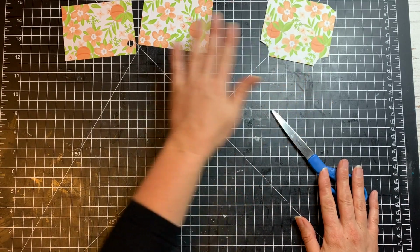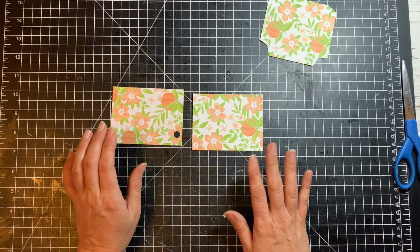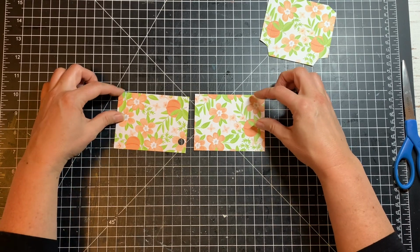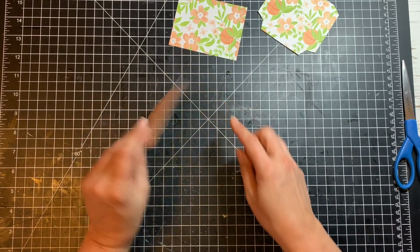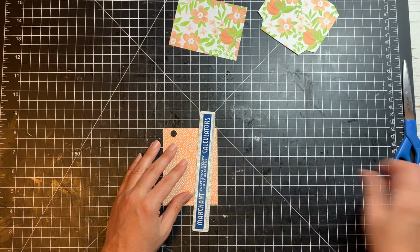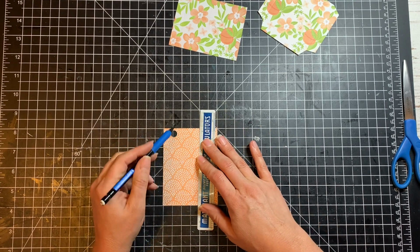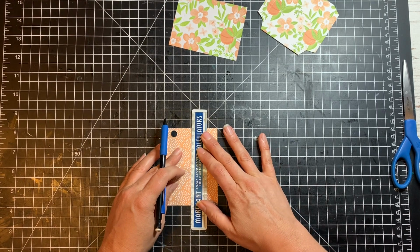Okay. And then for the side pockets, before we cut anything, we're going to make a mark first. So here's where you need to decide which side you want to be your top portion. Because what we're going to do is on the back side, from the top down, make a mark 1.5 inches down. And I'm just going to do that with my pencil. So this is the side I want to be my top, and I'm doing that so that I can get rid of this hole, so the hole won't be seen. And I'm going to make a 1.5 inch mark,